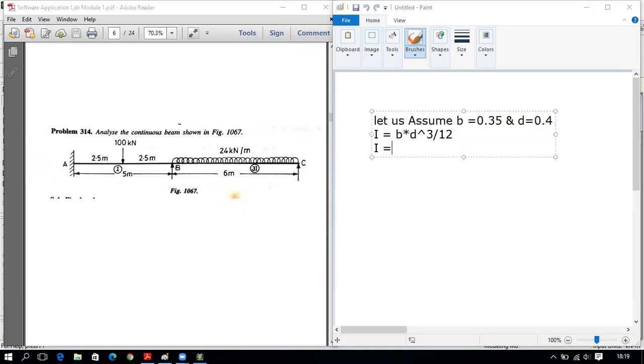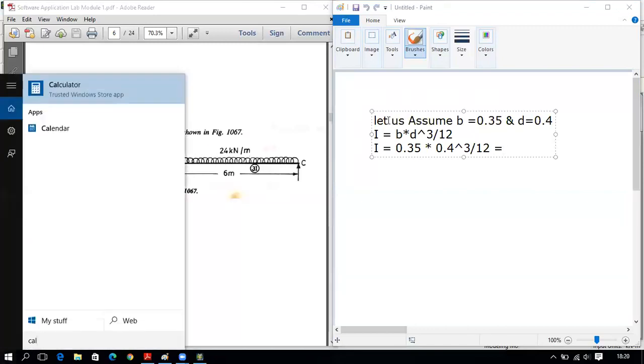So I is equal to, substitute the value, B is 0.35 into depth is 0.4 cube by 12,